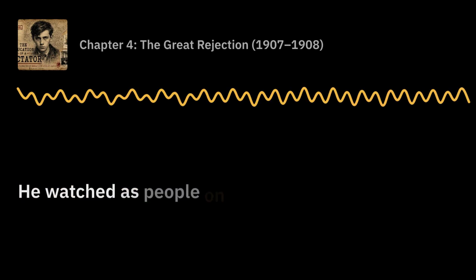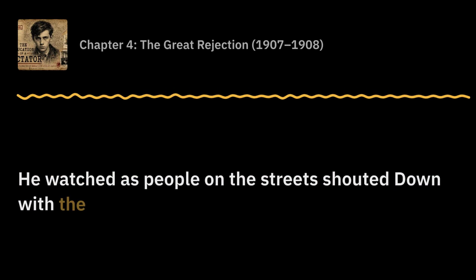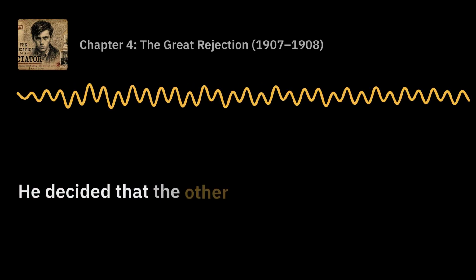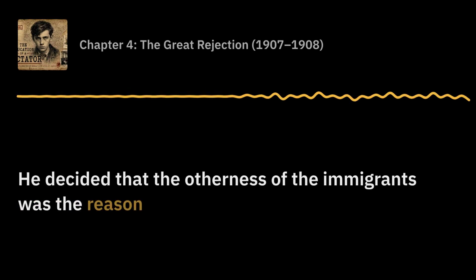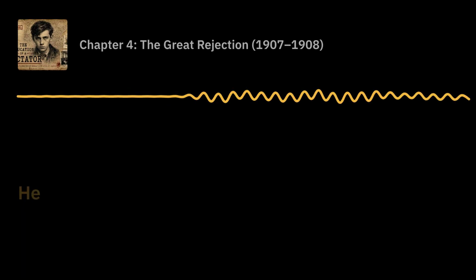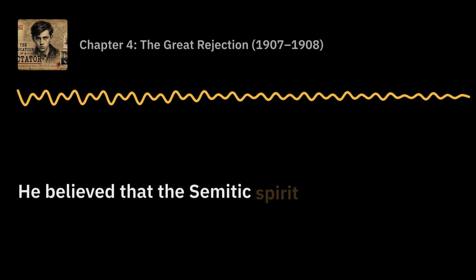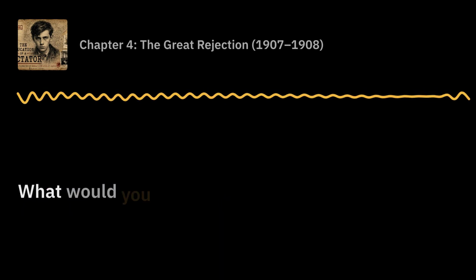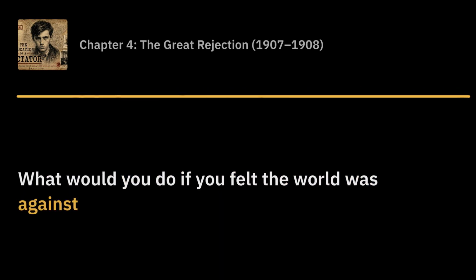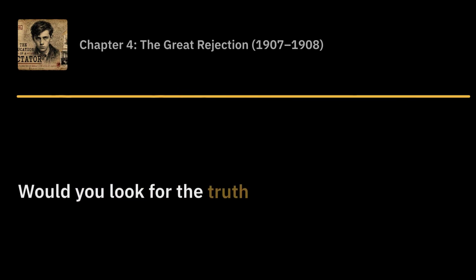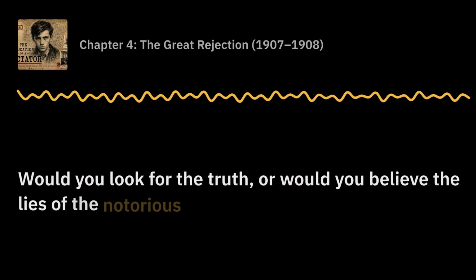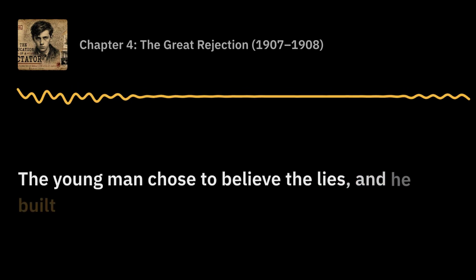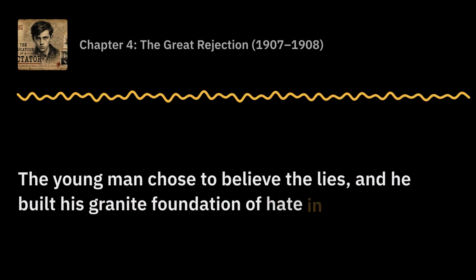He watched as people on the streets shouted "Down with the Jews" and "Eastern Jews out." He decided that the otherness of the immigrants was the reason for his own failure. He believed that the Semitic spirit was a poison in the press and in the art world. What would you do if you felt the world was against you? Would you look for the truth, or would you believe the lies of the notorious pamphlets? The young man chose to believe the lies, and he built his granite foundation of hate in the homeless shelters